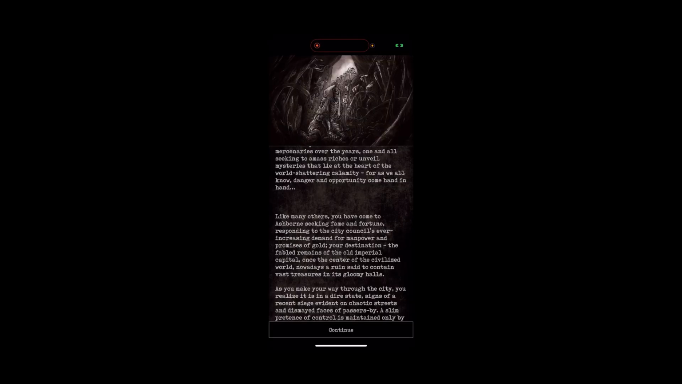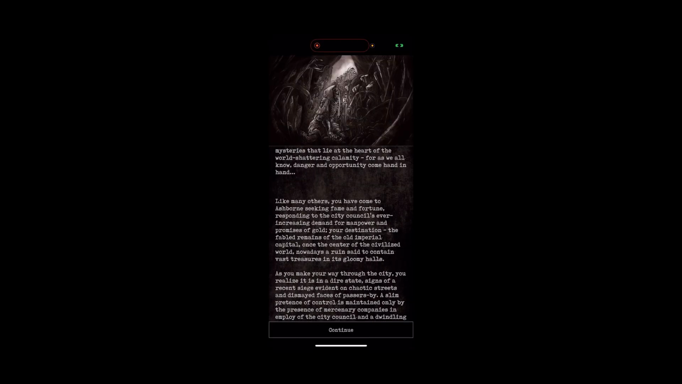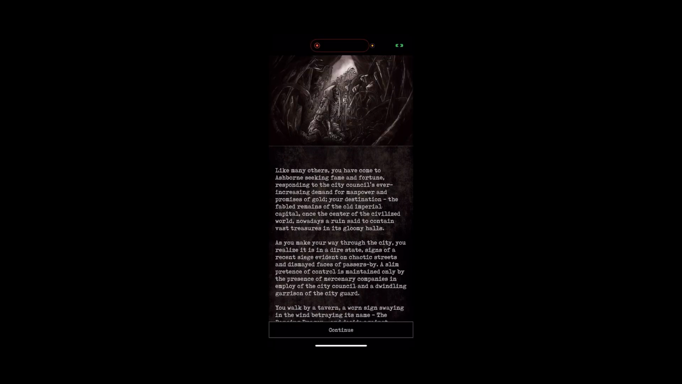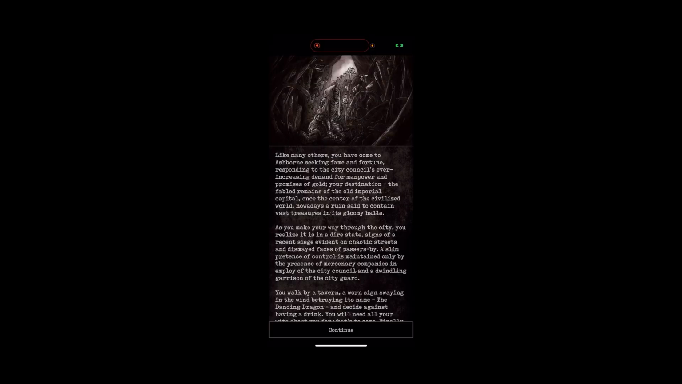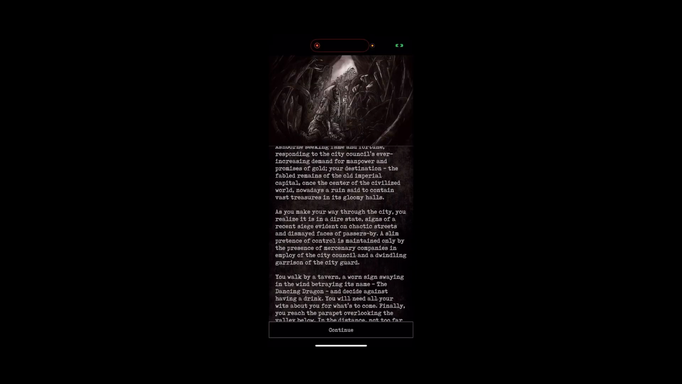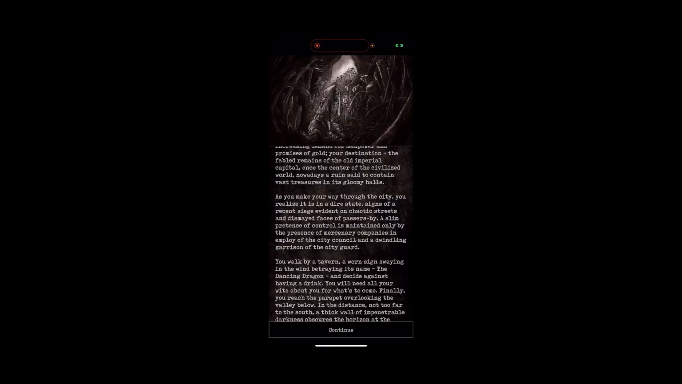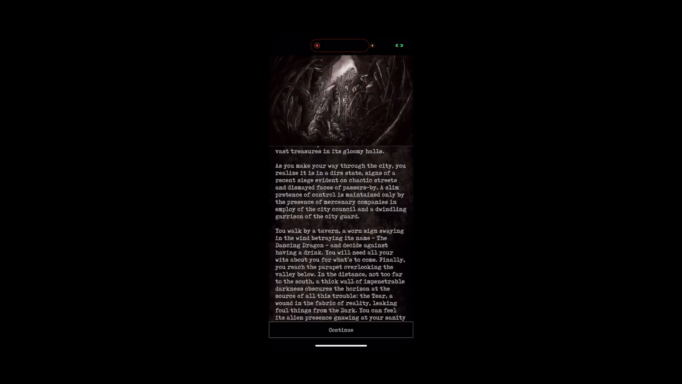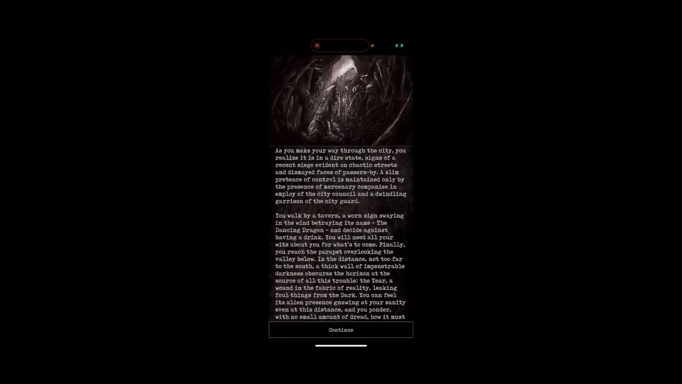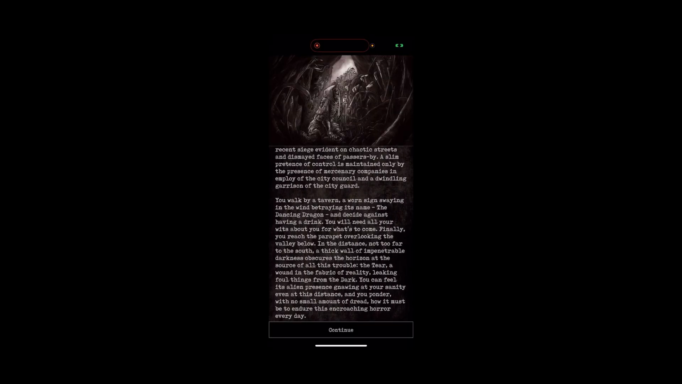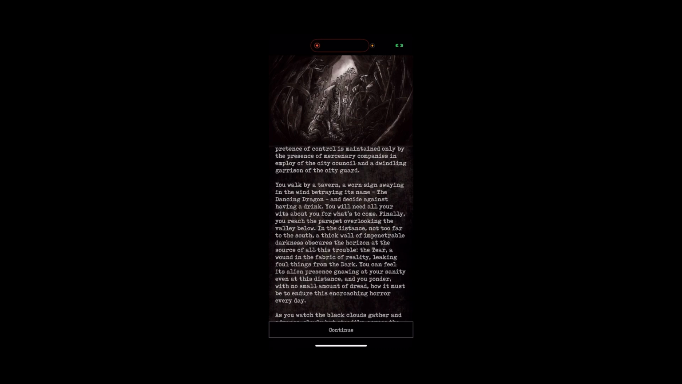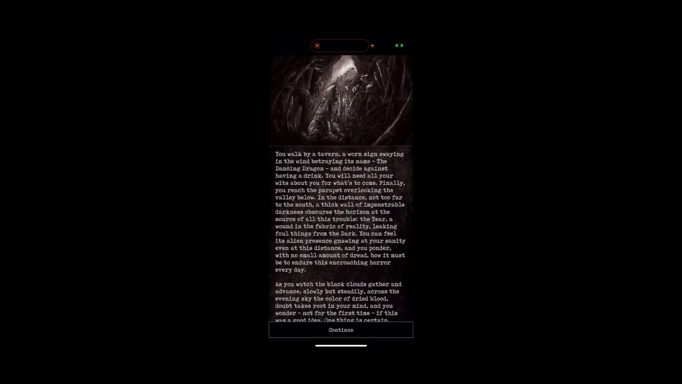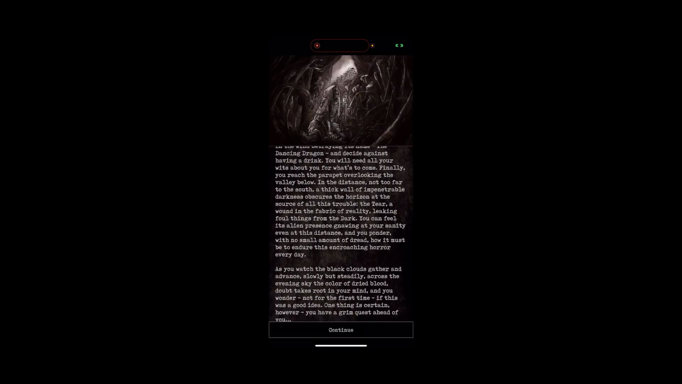Like many others, you have come to Ashmore seeking fame and fortune, responding to the city council's ever-increasing demand for manpower and requirements of gold. Your destination, the fabled remains of the old imperial capital, once the center of the civilized world, nowadays a ruin, said to contain vast treasures and gloomy halls. As you make your way through the city, you realize it is in dire state. Signs of a recent siege are evident on the chaotic streets and dismayed faces of passerbys. A slim pretense of control is maintained only by the presence of the mercenary companies and the employee of the city council and dwindling garrison of the city guard. You walk by a tavern and a worn sign saying in the wind, betraying its name, the dancing dragon, and